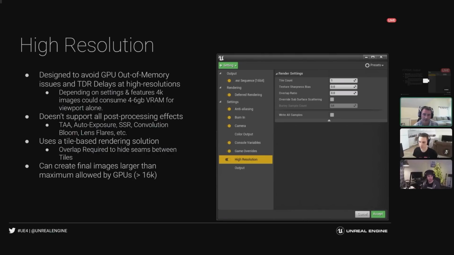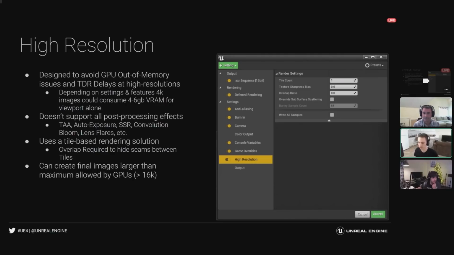So you can specify this blending region, which allows us to cover most of the render effects, but there are a few to just know and be aware of: TAA and auto exposure and screen space reflections and bloom and lens flare are not supported at this point. It's stuff that we're thinking about ways to look into in the future, but for the most part, many of the rendering effects that you would use in the normal renderer are supported. I don't know if there's anything else you want to add on top of that, Matt, but I think that covered most of it.